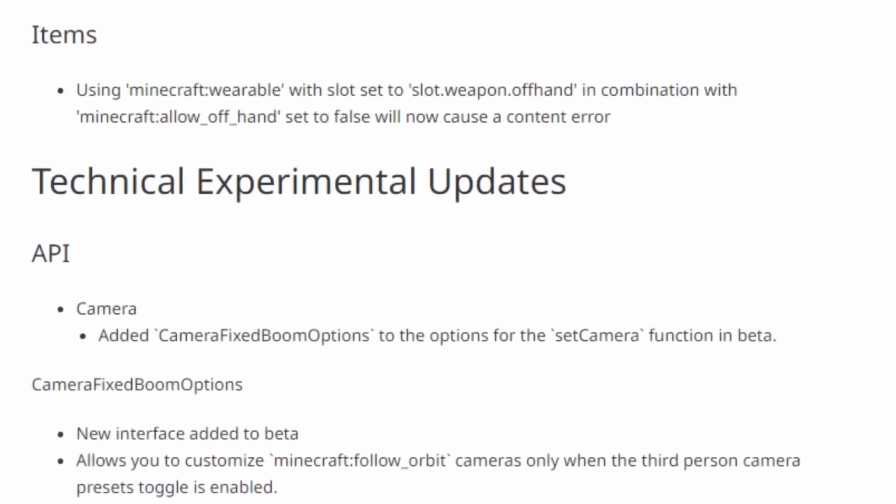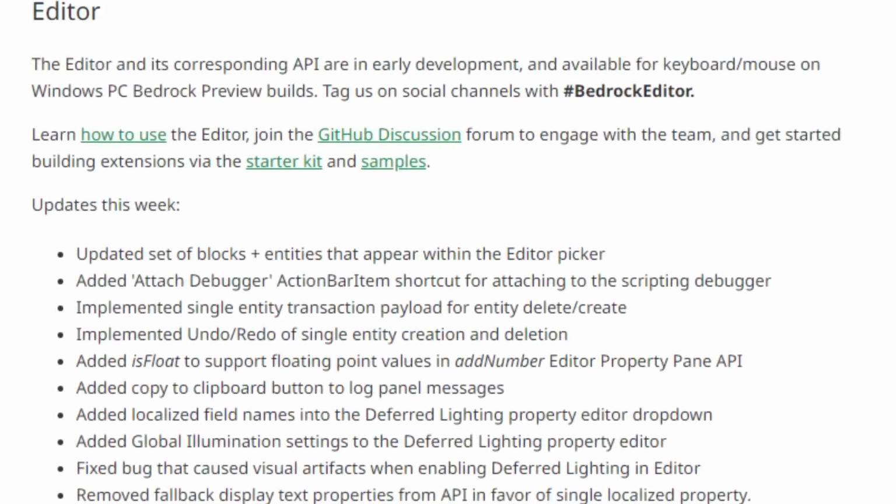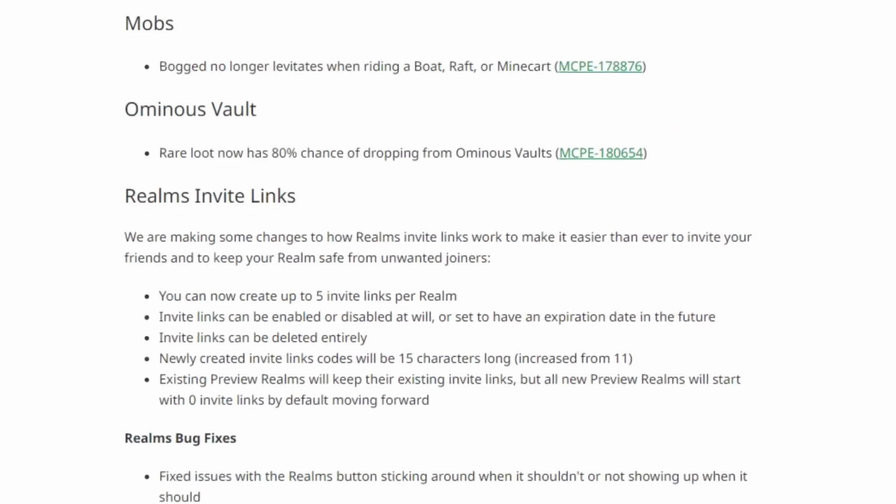Now keep this preview in mind because, oh baby, we're going to come back to it. There are some gigantic things and some strange leaks. But next, Minecraft